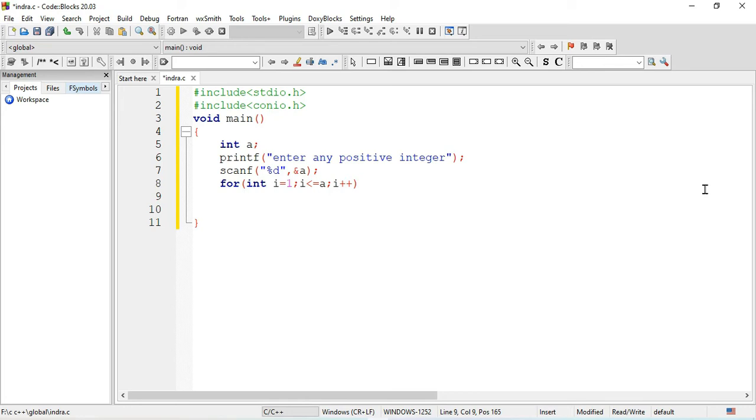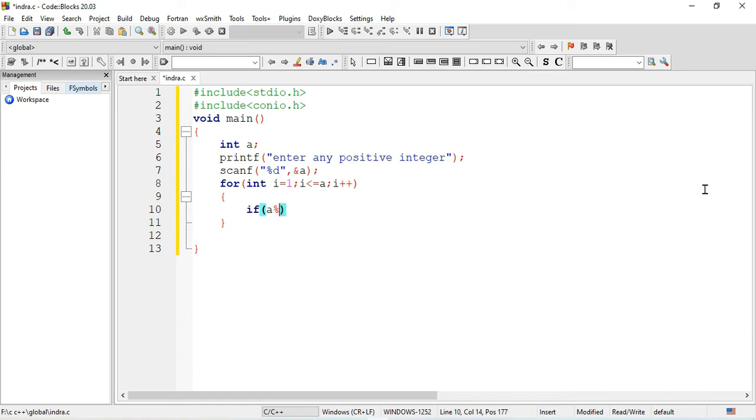And inside the for loop, let's write some code here. We are just going to divide that number by all the integers from 1 to that number, and we will count how many factors there are for that number. Let's take one if condition. If that number a is exactly divisible, for exactly divisible we have to take the concept of modular division.